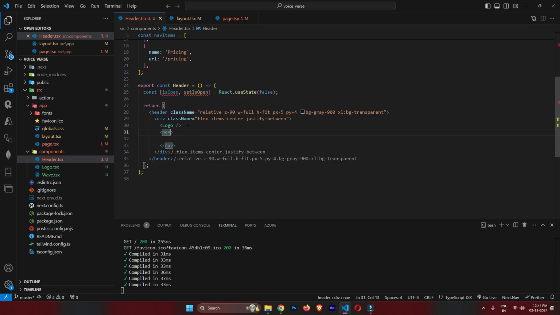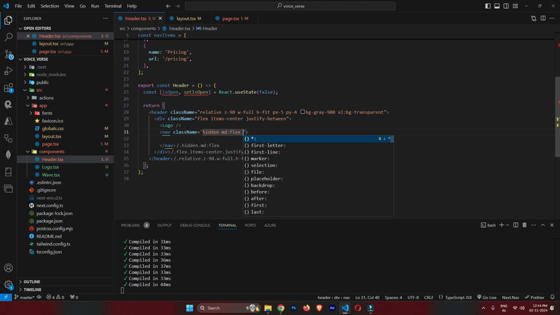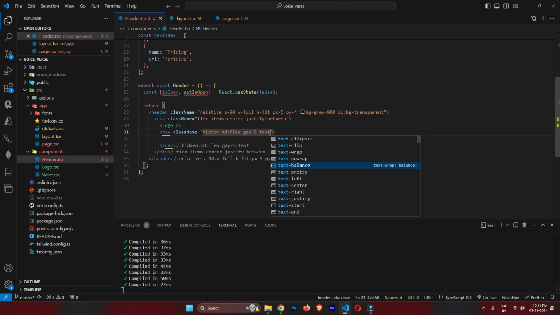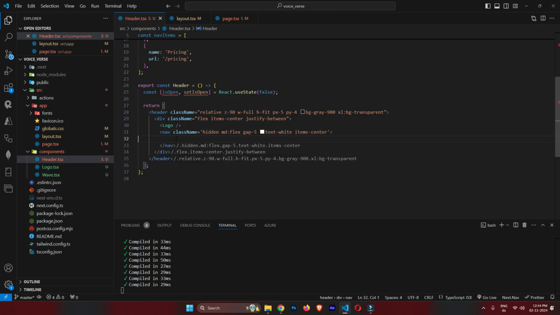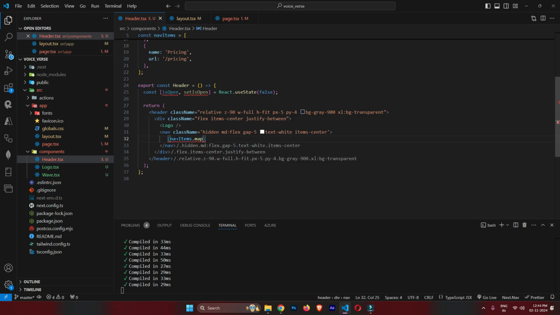The nav has a class name: hidden md:flex gap-5 text-white items-center, and in this nav we will map all the header items. Simply navItems.map